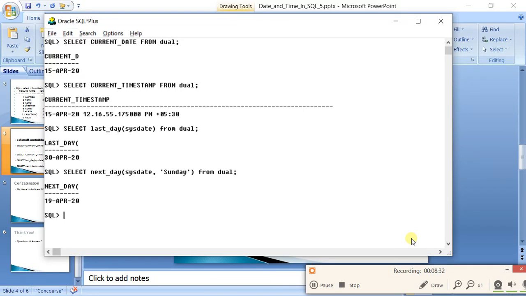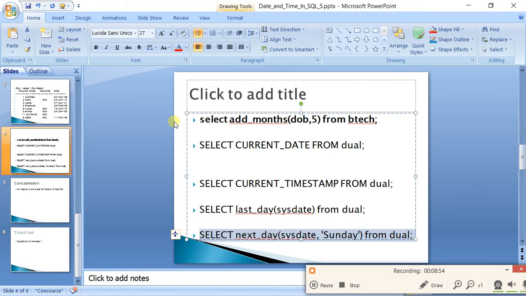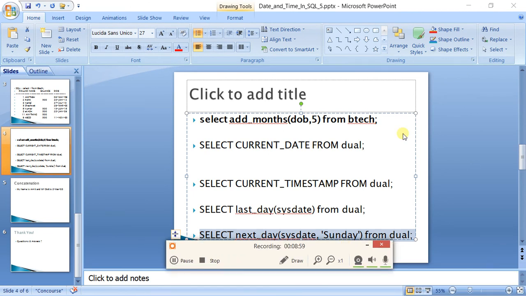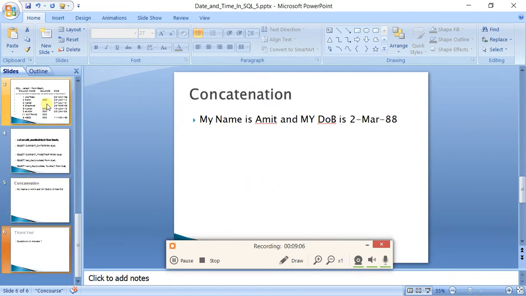Please practice these functions because these are a little bit simple ones. Without practicing them, you will not be able to perform complex operations on the date data type, and also certain timestamp functions which we have not seen till now. But after this, you will be comfortable with all the date functions and you can easily do that. So please go through them all. I hope you have executed all the functions we have done in the last 4 or 5 tutorials.